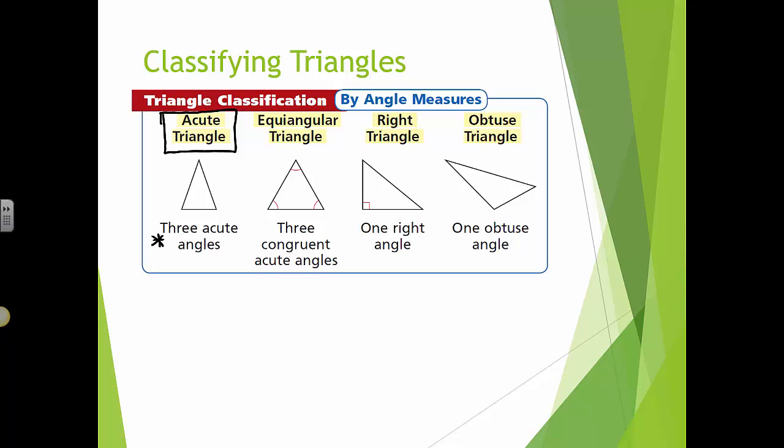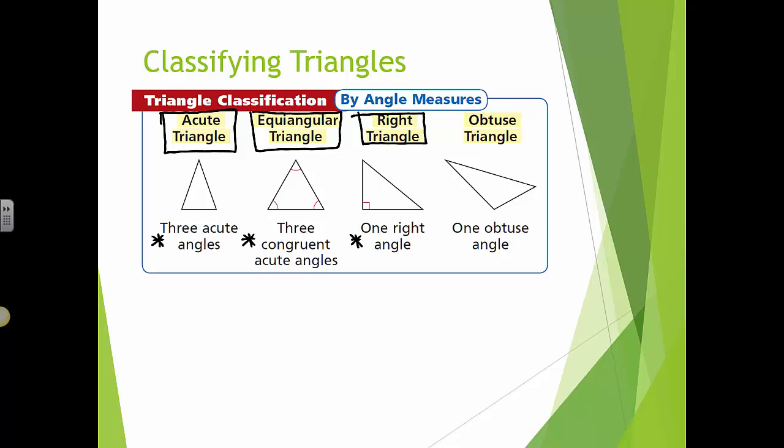Okay. If we have a triangle that is equiangular, that means all 3 angles in the triangle are equal. Now they're also acute, so this would also be an acute triangle, but more specifically a better name would be equiangular, because in an acute triangle that doesn't necessarily mean that all 3 angles are the same, but in an equiangular triangle it does. The next classification is a right triangle, and that just means that you have 1 right